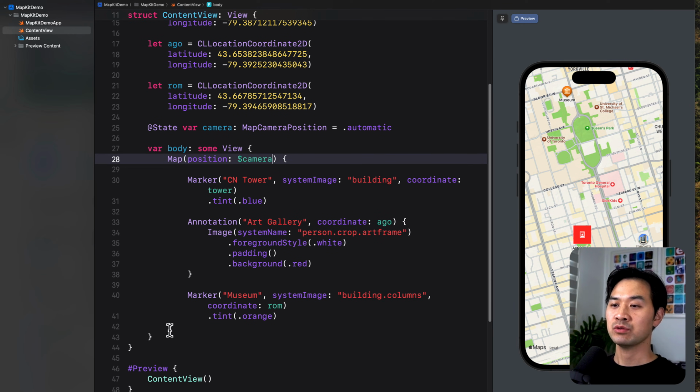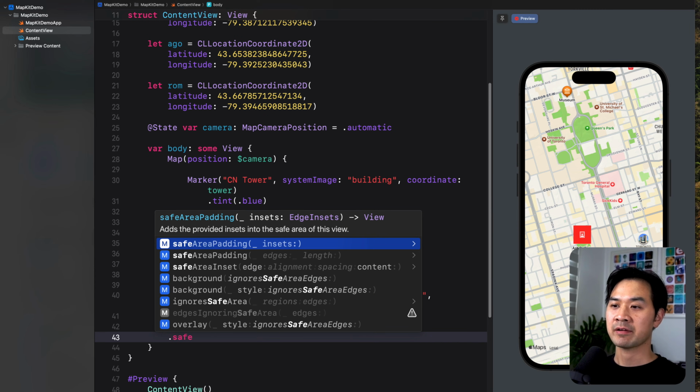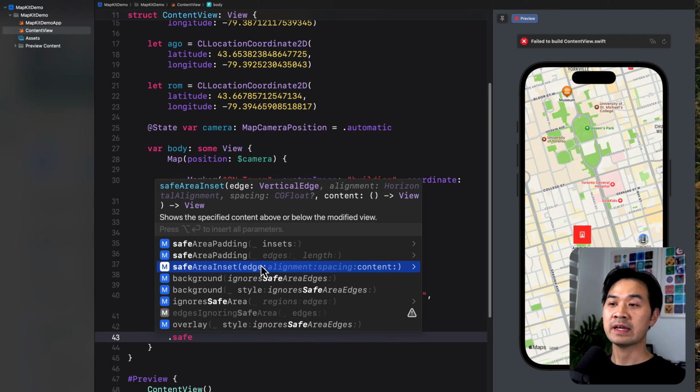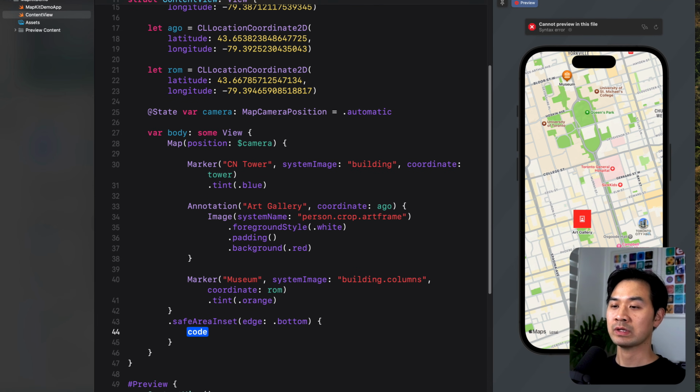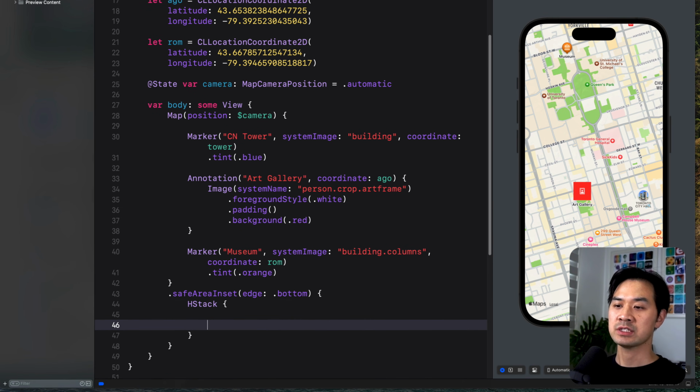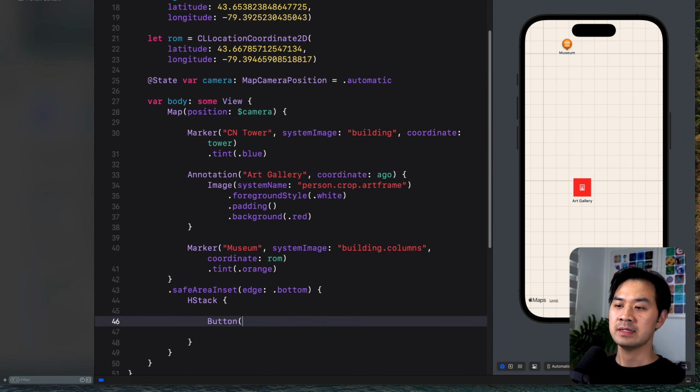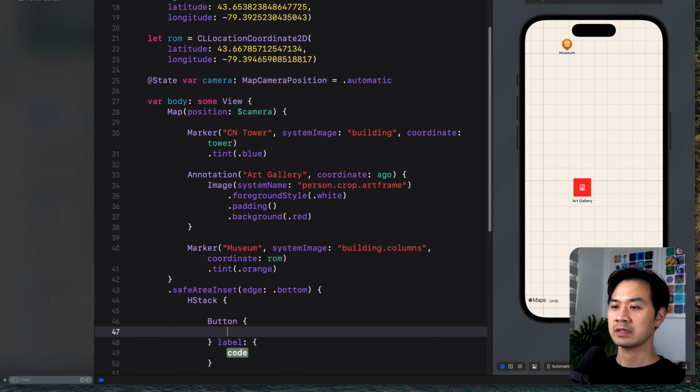So this is something really cool that I learned from that WWDC video, and it is called a safe area inset. So you can overlay some controls on top of the map, and it's ensured that nothing will cover it. So it shows content above or below the modified view. So we're going to put it along the bottom edge, and in content, I can choose what to show. So I'm going to put an H stack here, and I'm going to put a button that says, let's see here, how about we center on